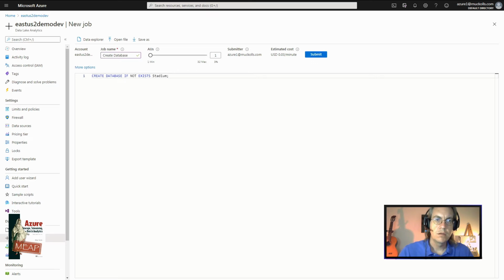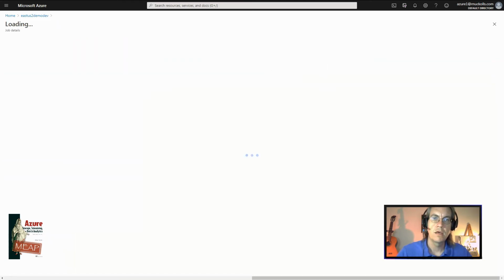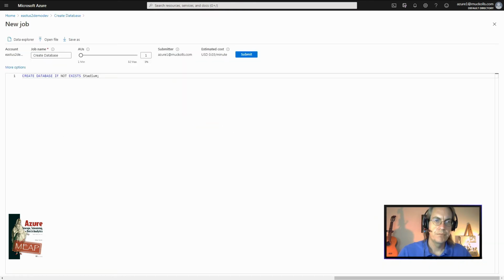As you can see, create database is the command. We also have an if not exists parameter we can pass in here to say if this database doesn't exist, then create it. If it does exist, it will carry on with the rest of the script. In this case, that's the only line in the script, so that's the only one that will run. The other approach you can use